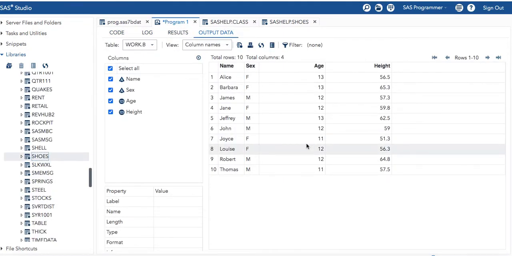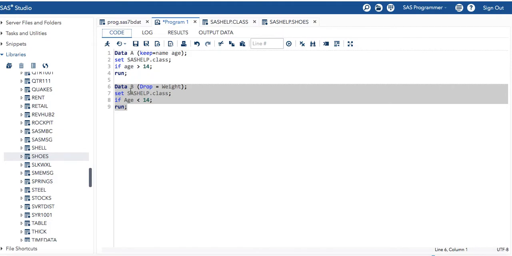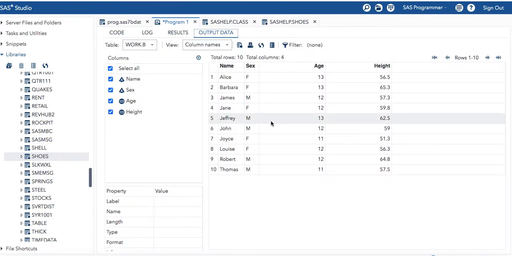Yeah, so if you check what happened, there was a column called weight which is dropped here. We didn't select any column, but we dropped one, so that dropped column will not show up. So all the columns except weight we will be able to see in the new dataset. And wherever the age is less than 14, all those rows we can see in the new data set. You can see even 14 is not there, so whatever is less than 14 is all fetched here.